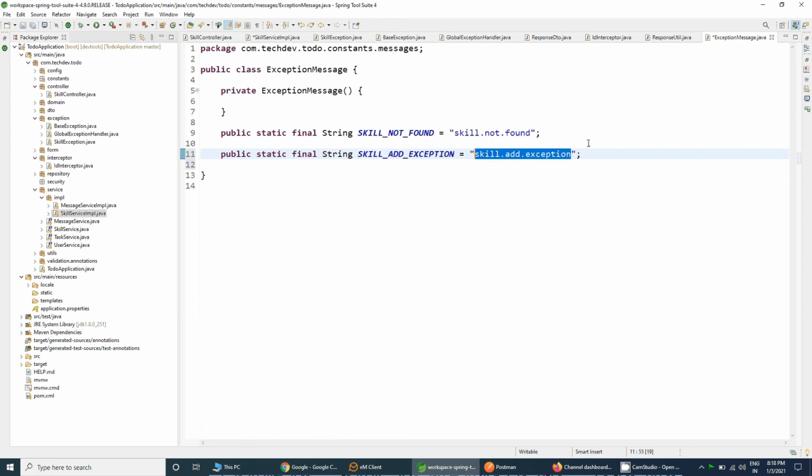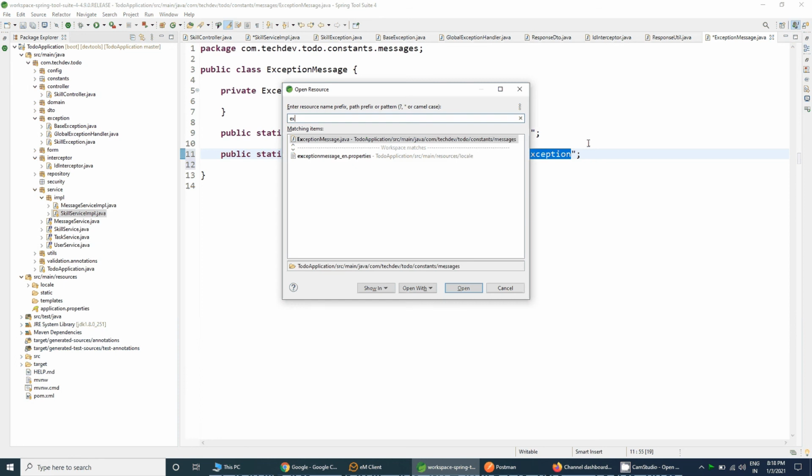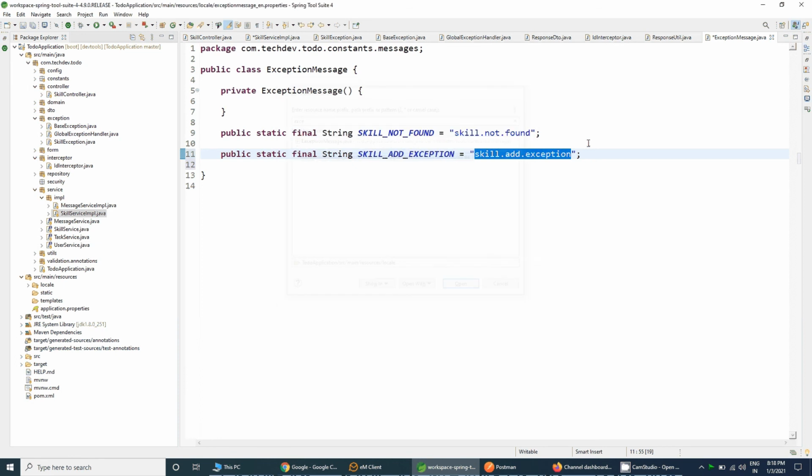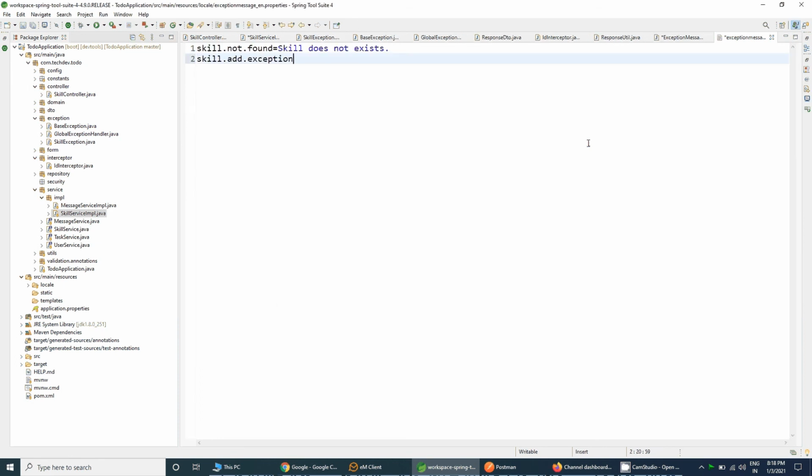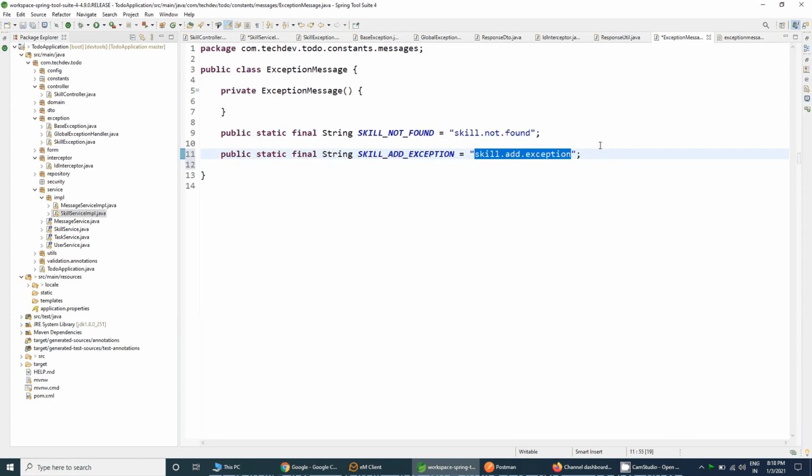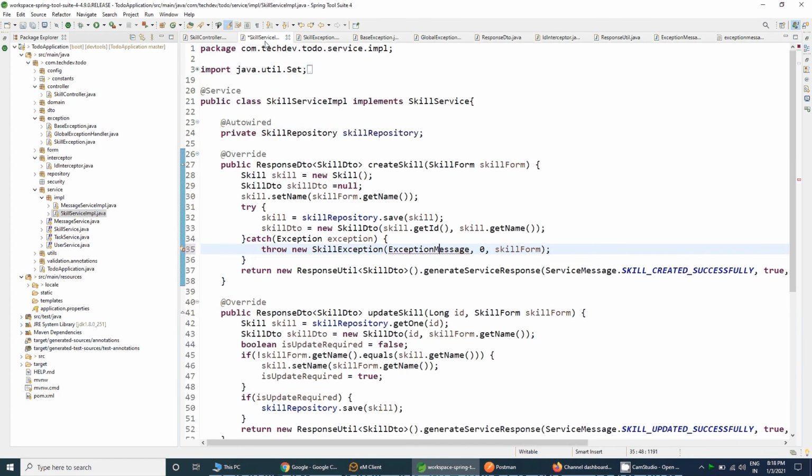Let's copy this key and open the exception message underscore en dot properties and give the message here: unable to add the skill, unable to add skill, and inside the exception message just save it and go to the skill service implementation.